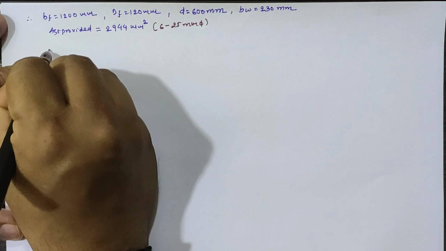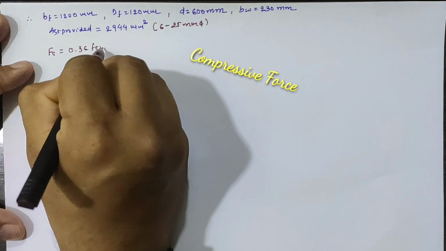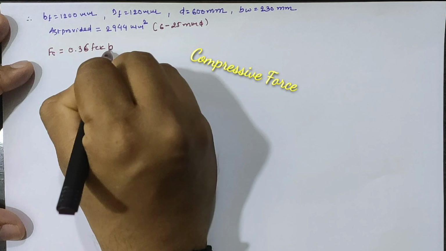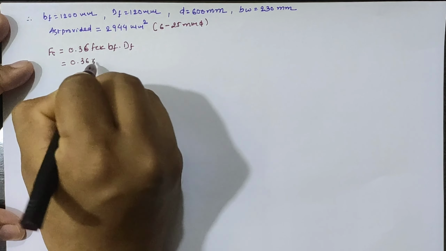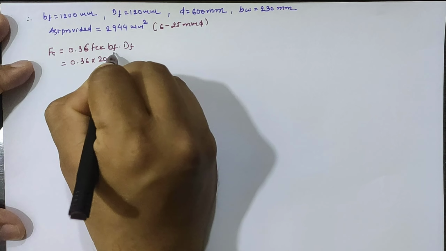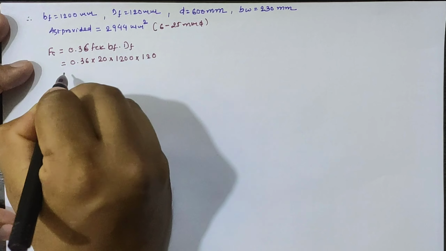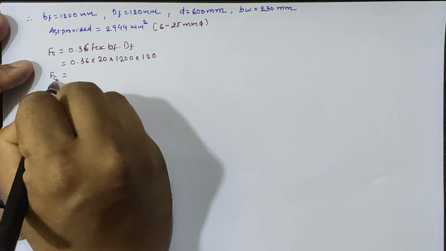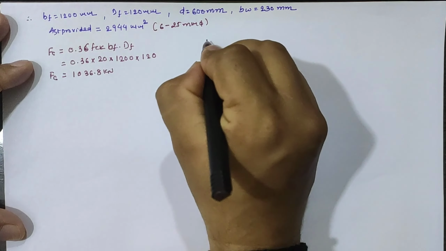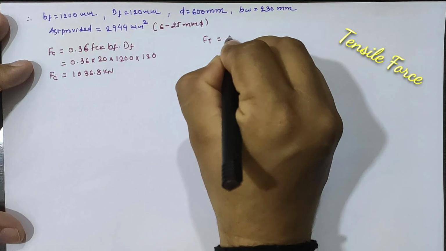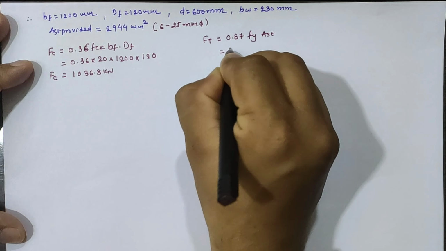So first of all, the compressive force in flange beam is 0.36 fck bf into Df, where 0.36 is constant, fck is 20, bf is given as 1200 mm and Df is given as 120 mm. So our compressive force is 1036.8 kilonewton,